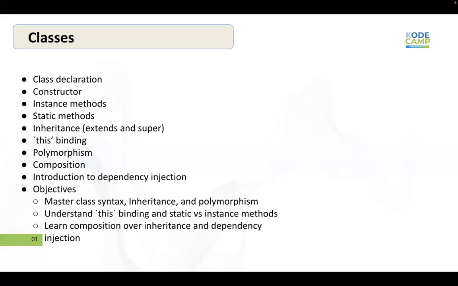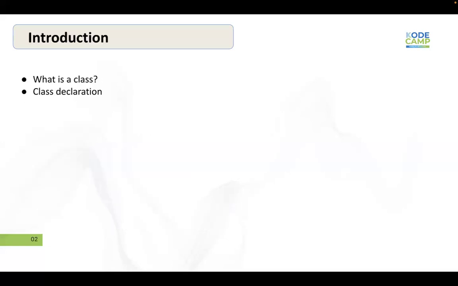Okay, so moving on. First, we have introduction. We introduce classes. So what is a class? And then we learn how to declare a class. As we earlier mentioned, a class is actually a blueprint for creating objects with shared properties and methods. It's just syntactic sugar over JavaScript prototype-based inheritance. So if you want to create a class,